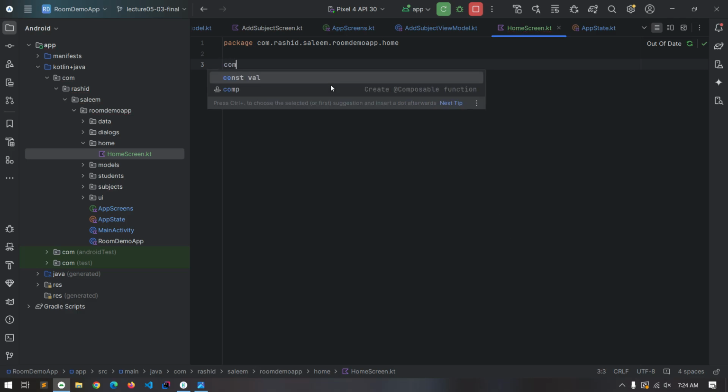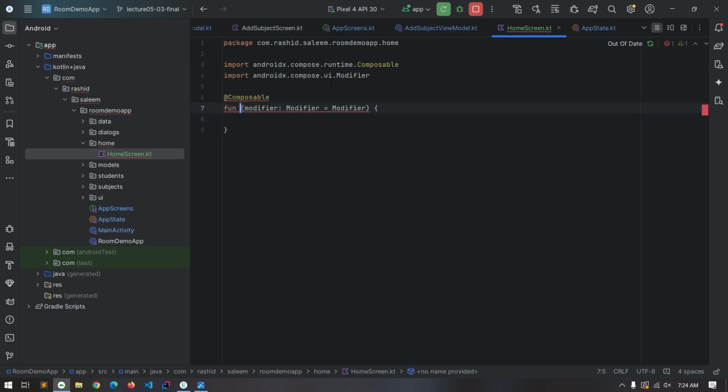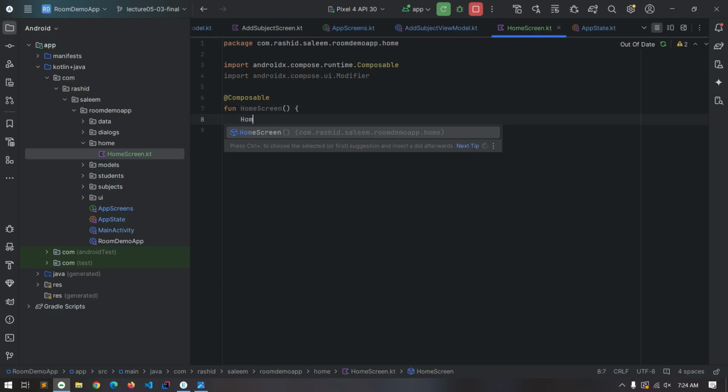Here we will create a composable, type COMP and press tab, home screen. Call the home content composable from here,